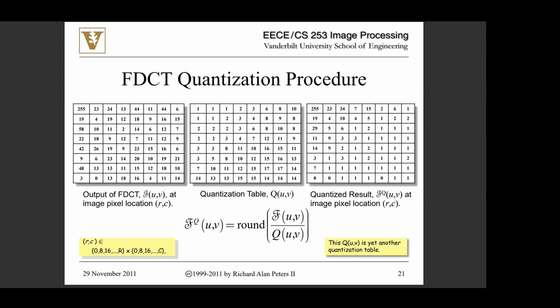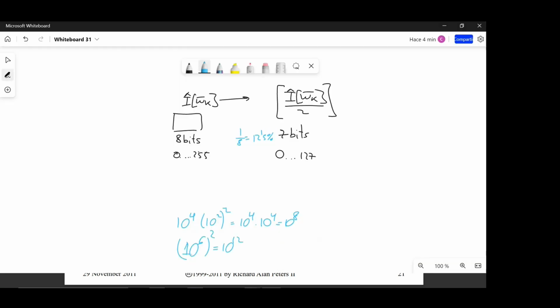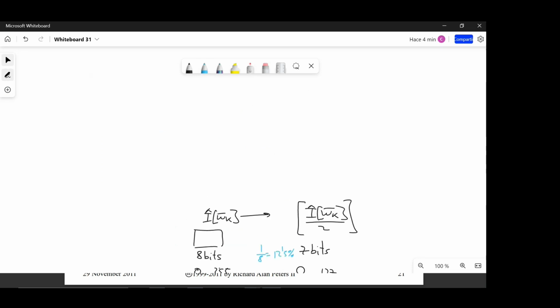Okay, so how much have we saved? Originally in the discrete cosine transform, it was an 8 times 8 block. We are keeping just one coefficient. So it is a saving of 63 divided by 64. We are removing 63 coefficients out of these 64. So this is a huge compression,